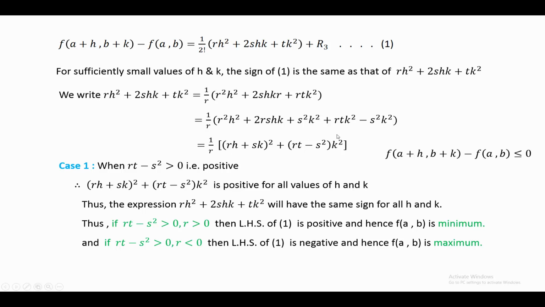Therefore f(a+h, b+k) minus f(a,b) is less than or equal to 0. So f(a+h, b+k) is less than or equal to f(a,b), and this is the condition of maxima, meaning f(a,b) is the highest value,